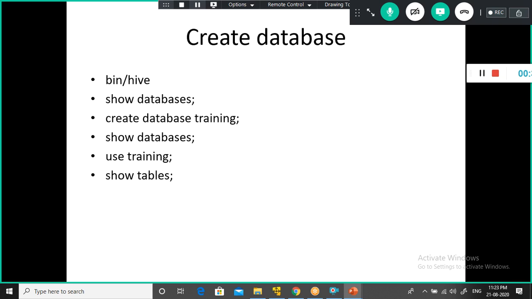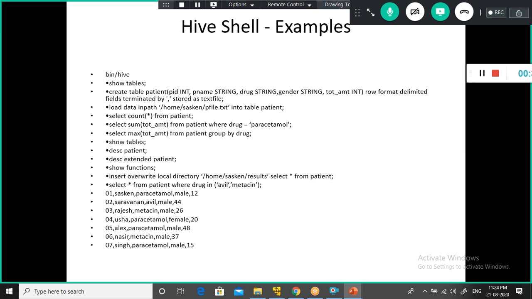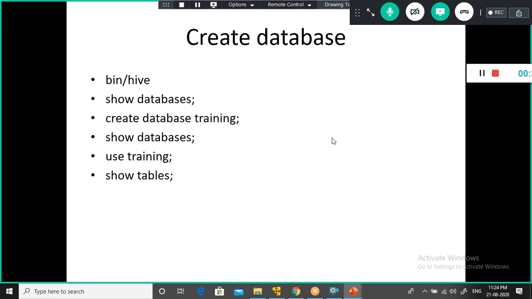Behind the scenes, it will generate the map and reduce job. And then ultimately, you saw the series of steps, how it undergoes in producing the output, as per the architecture we discussed. That is how the outputs are generated. The create table syntax is mostly the same as MySQL, since earlier Facebook was using MySQL only. Because of scalability issues, they migrated everything into Hive, the Hadoop system.